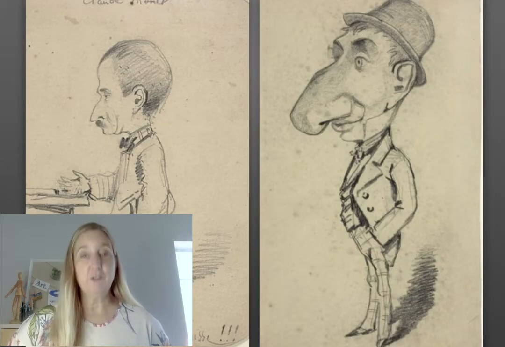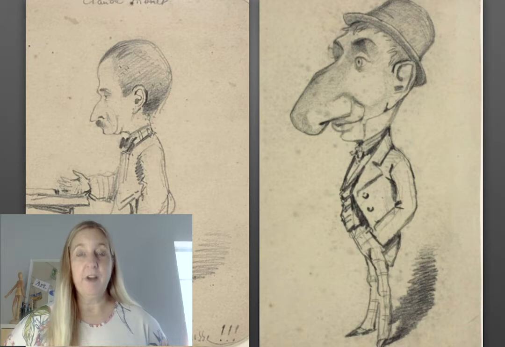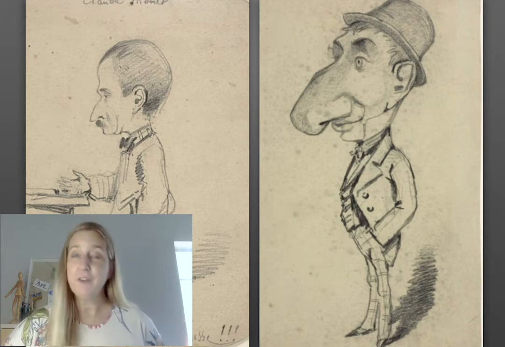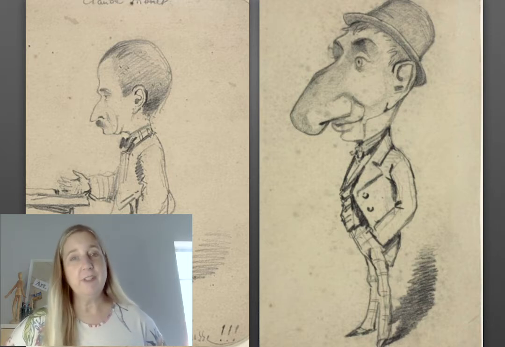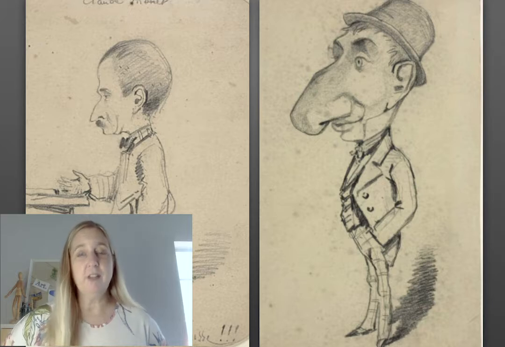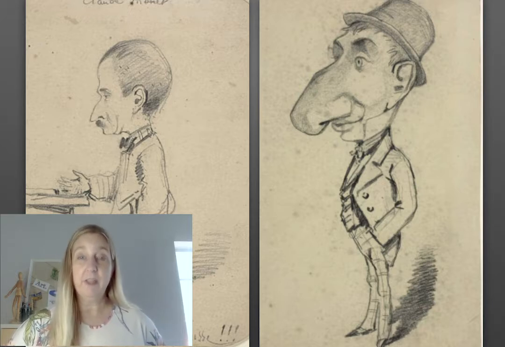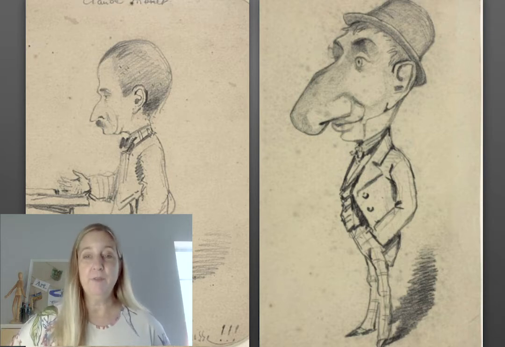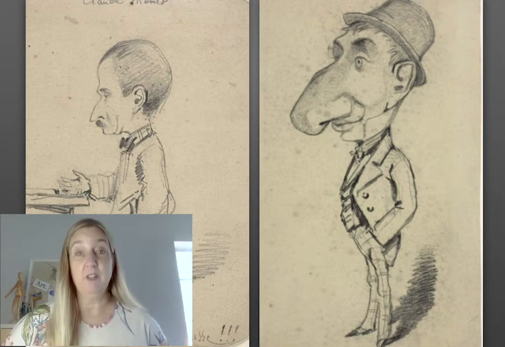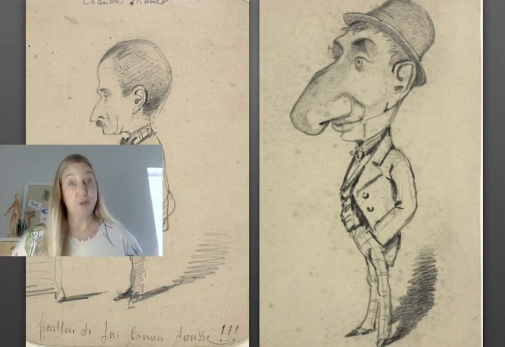When Monet started, he started off doing caricature drawings. Caricature drawings are drawings where the face or some part of the face is exaggerated for comic value. Usually it's not mean-spirited, usually it's just a funny thing. He started doing these caricature drawings to make a living, and he did a lot of them. They're pretty funny. You'll see the one on the right with a really big nose. The other one, just exaggerated heads and noses, is pretty much what makes up a caricature drawing.